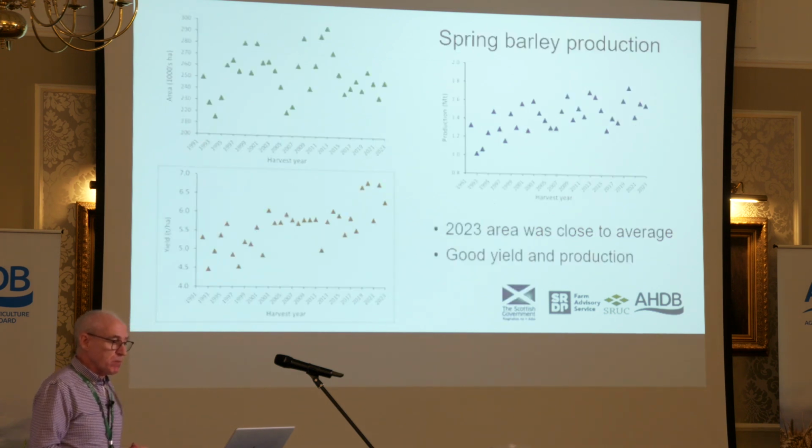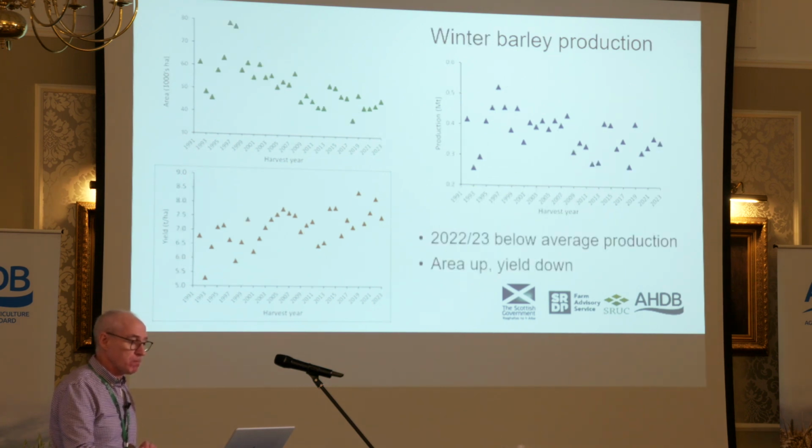In terms of spring barley, the top left here shows the area, which fluctuates around the 250,000 hectares. Last harvest, we were just about spot on for that long-term average. And you can see from the yields, we were slightly down last year compared to some of the previous years, but still relatively good considering the conditions that we faced. Okay, so well above 6 tonnes per hectare, and these yields were relatively good compared to crops in many parts of England. So you can see production was close to 1.6 million tonnes, which is really where we should be aiming for, and to achieve at least that for our most important